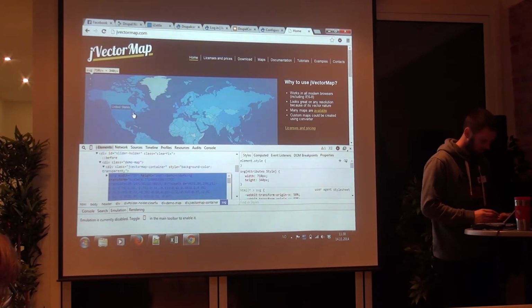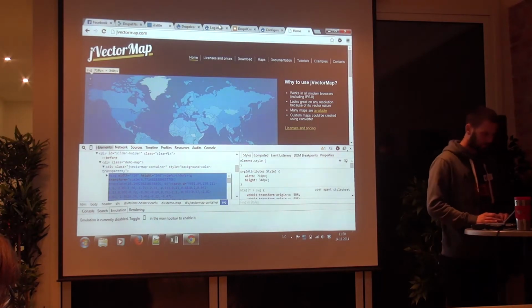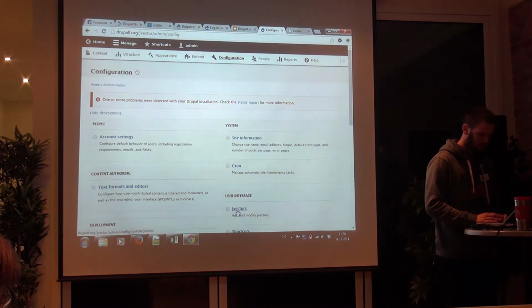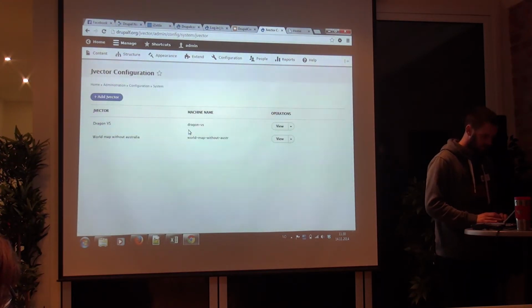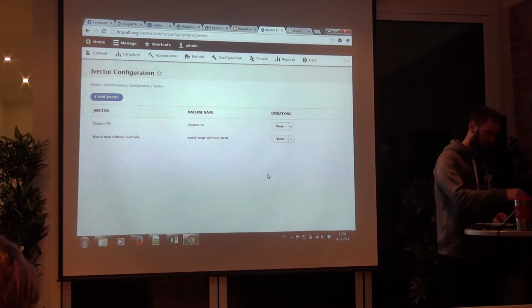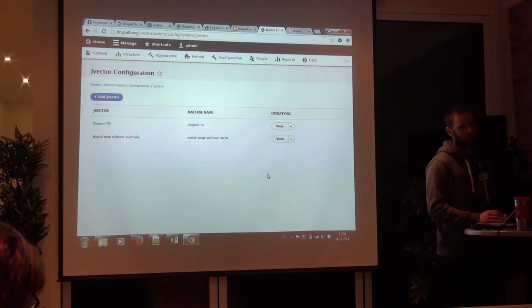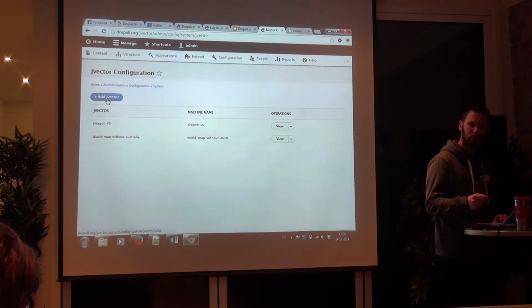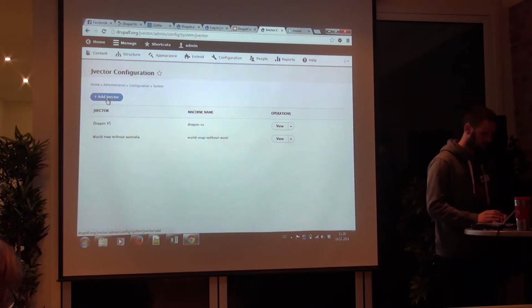Select all and copy. Now, this is the jVectorMap configuration. As you can see here, the examples that were in the slideshow